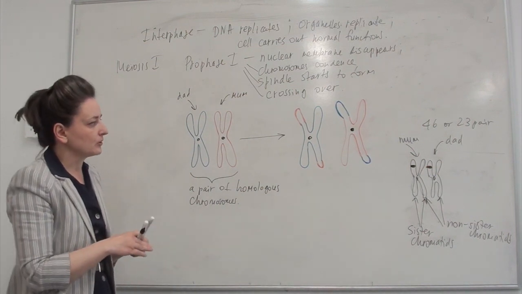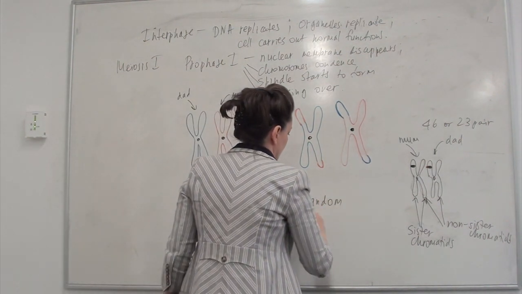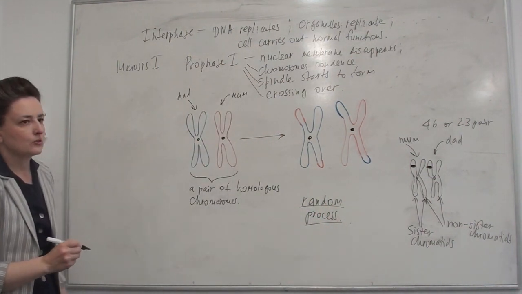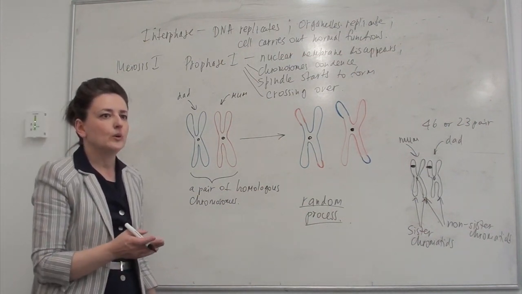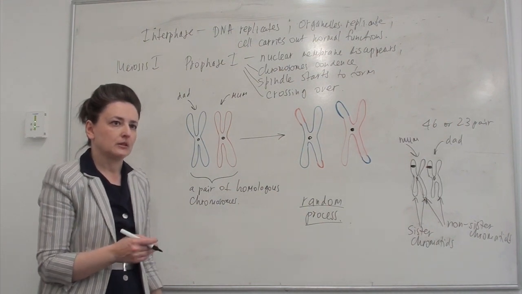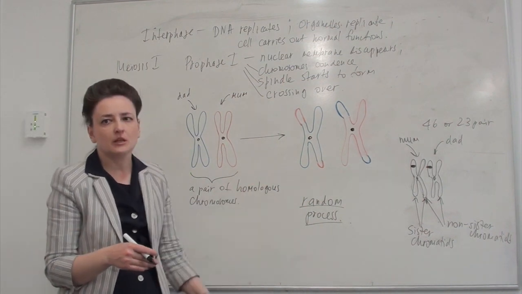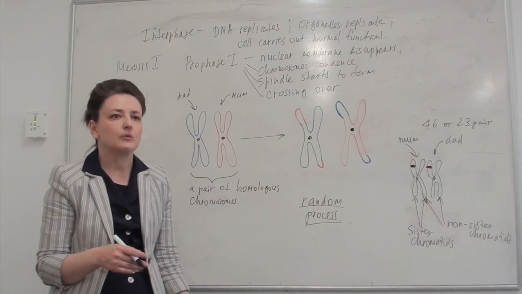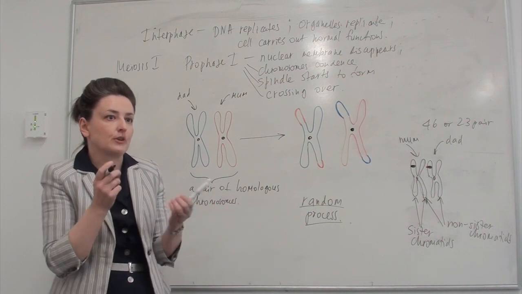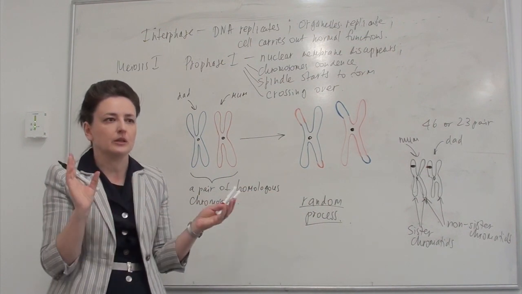And then another important thing to remember about crossing over is that this is a completely random process. So you don't know in advance which parts of these chromosomes are going to get exchanged and how many of those parts are going to get exchanged. It could be, like I've drawn here, a couple of fragments getting exchanged, but equally it could have been just one, it could be 5, 10, it could be hundreds of really tiny fragments. And you can't tell what's going to happen. This is just purely